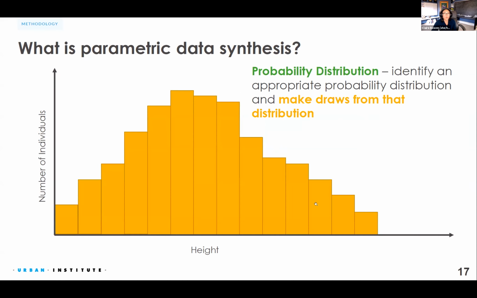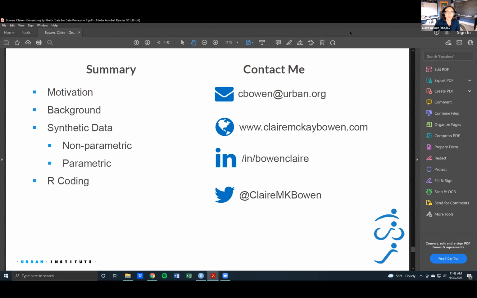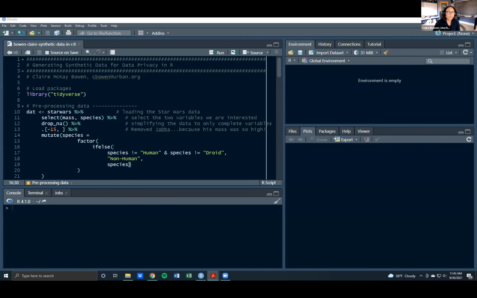Oh, and with that, I'm going to exit this because now we're going to go into the R portion, which is how we do all that Claire just said. So I've got to exit out there, and then get into my R screen here. As a side note for those who are interested, I did make some notes too, so I'll loop that back in. I also made notes with the R code.